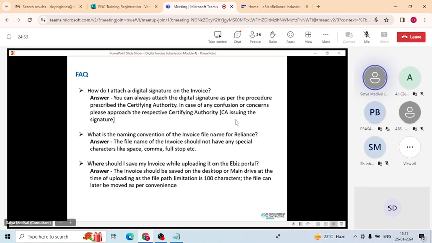Later on, once you have uploaded that file successfully on the portal, if you wish to move that file, you can move it into any folder. Because when you upload the invoice, the file path follows. If it's kept deep, like folder in folder in folder, the 100 characters may be crossed. And when you try to upload that file, it gives an error message, because you're not aware,